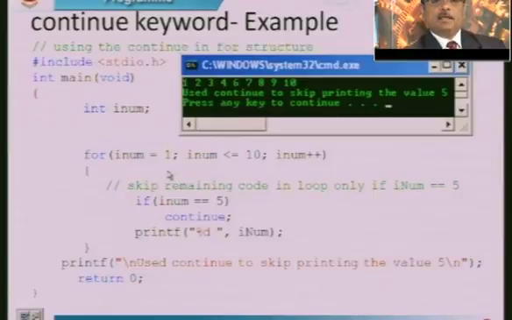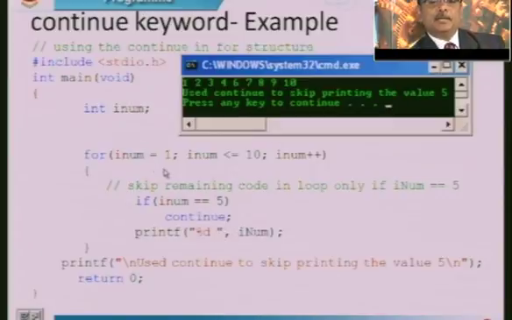Next, whenever this number becomes 5, you should not print it on the output. For that reason, begin if inum double equal, observe this is a conditional statement with the relational operator, inum double equal to 5, continue. Otherwise, if this condition is not true, it will just print inum.